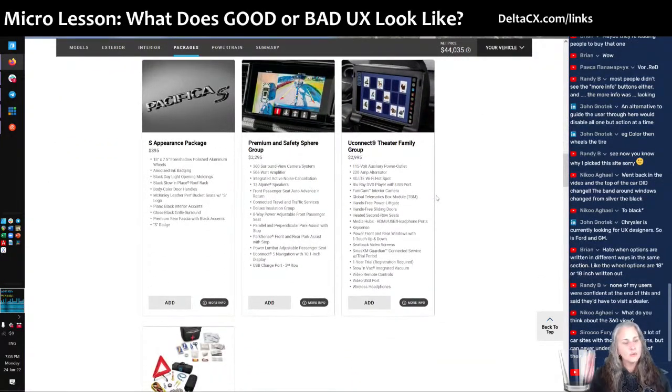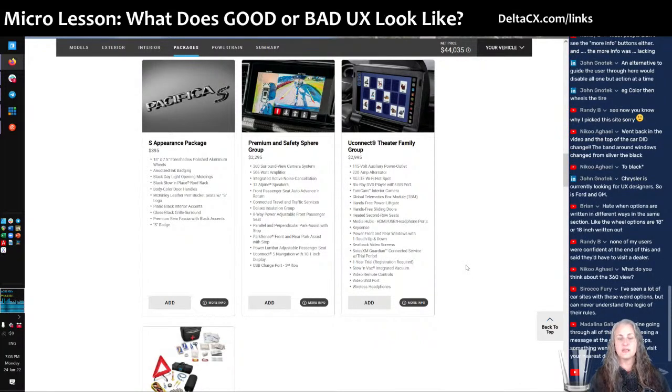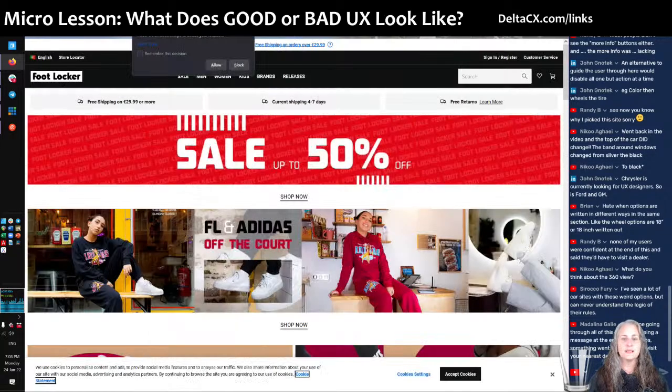Oh, here we go. Packages, cognitive load, make it stop. All right, we're done here. So we're going to move to our last one for today. But Randy, thank you so much for submitting this. And of course, thanks to Rich for submitting the ServiceNow one. And next, we're going to look at another one that got submitted, which was